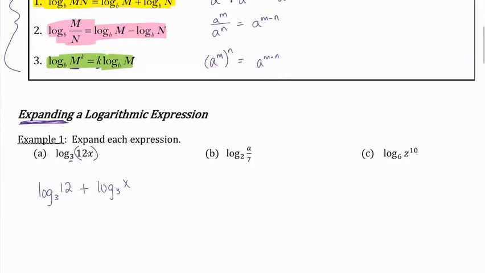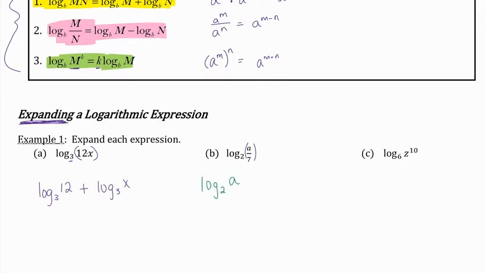All right, let's look at a couple more here. The next one, log base 2 of a divided by 7. Again, that's what I'm taking the logarithm of. My base is going to stay the same, but I'm going to separate that division into two separate logarithms. So that's like our property number 2 up on the top, right? We're doing division, so we're going to turn this into subtraction of logarithms. So this one would become log base 2 of